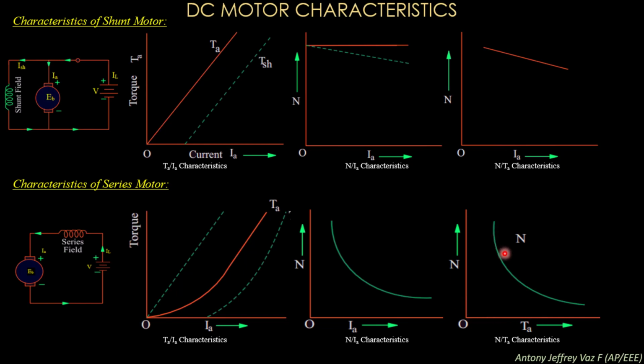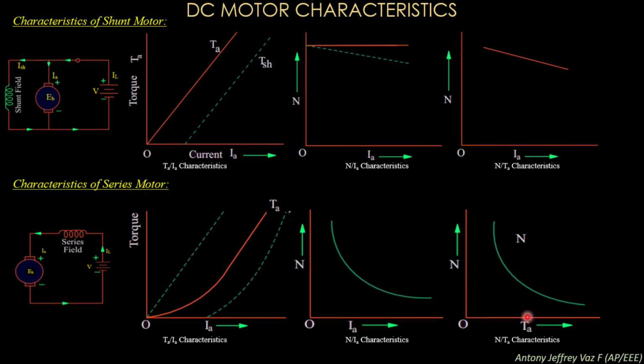Here this curve represents that when the torque is maximum, the speed is minimum, and when the torque is minimum, the speed is maximum. So this characteristic is very much required for traction. The traction term represents use in railways. For the compartments and engines which use electrical motors for driving the train, we need to use a DC series motor for electrical traction.